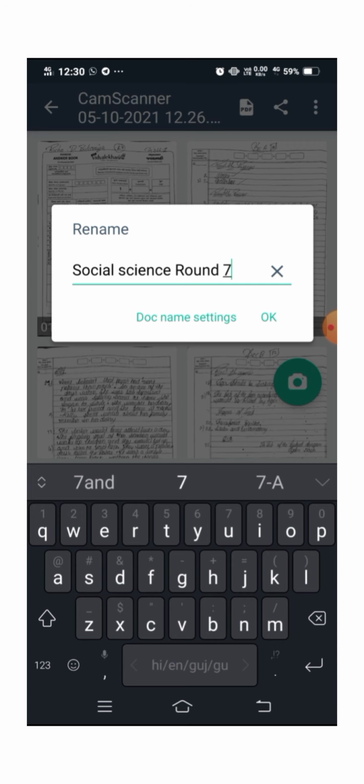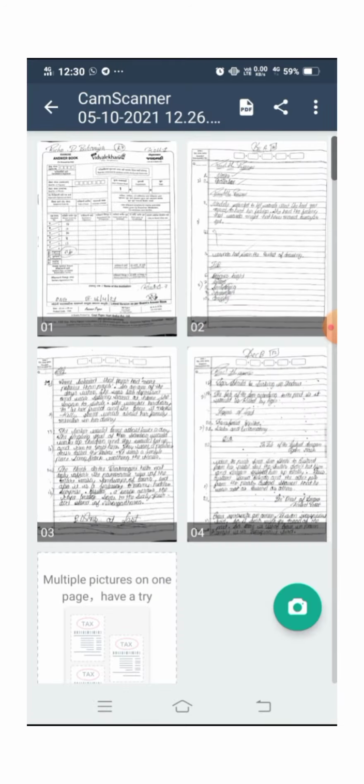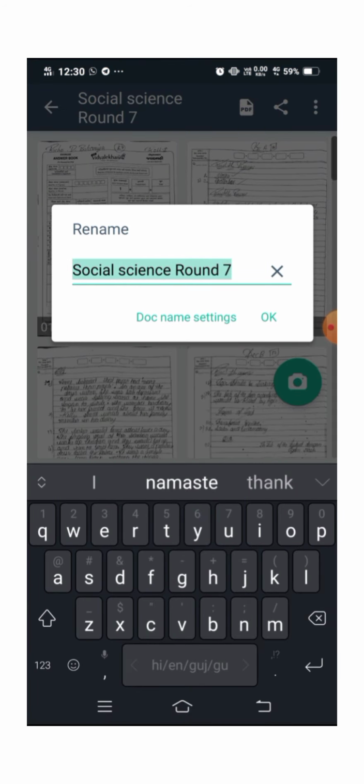Okay, so I'll come to know that this is the social science round 7 paper. Even you can add your name. Social science round 7. The name of the student who has written this paper is Babaria Rudra.